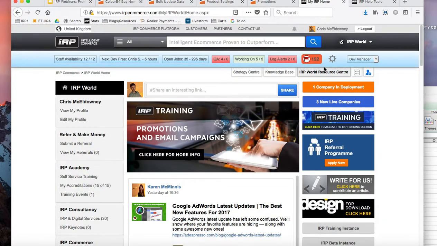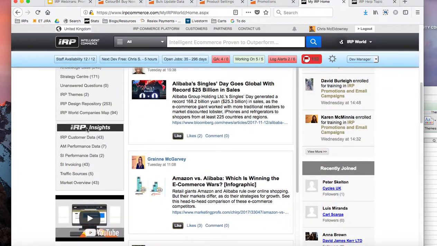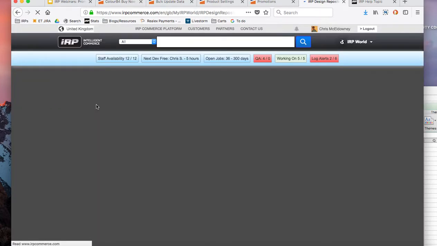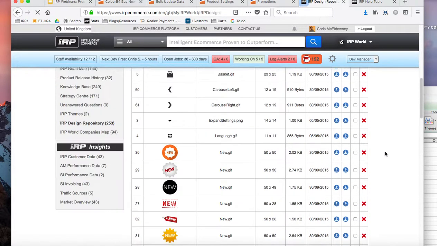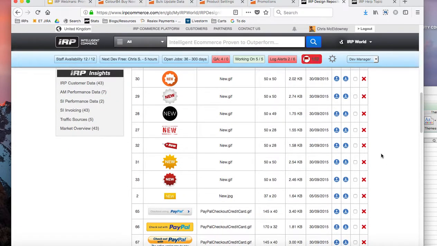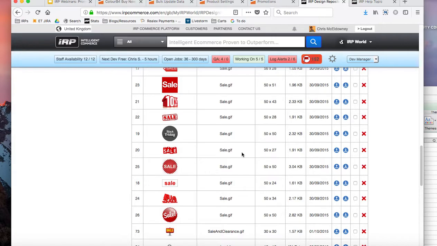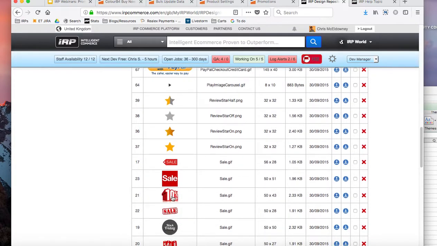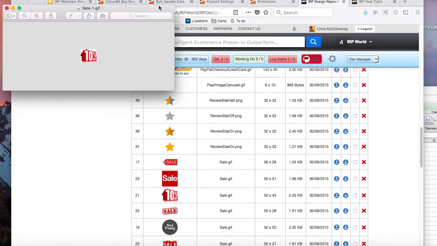You'll find the IRP design repository in the IRP world. If you log into your IRP world and you go to IRP design repository, in here you'll find a list of assets which can be reused. Try to make these as generic and as useful as possible. This will be expanding all the time. So you can go in here and grab an icon. So for example, if I was running a 10% off sale, go in here, borrow that from the repository,